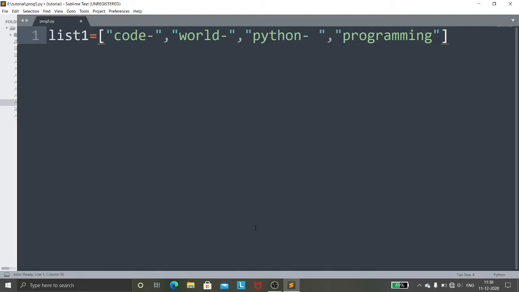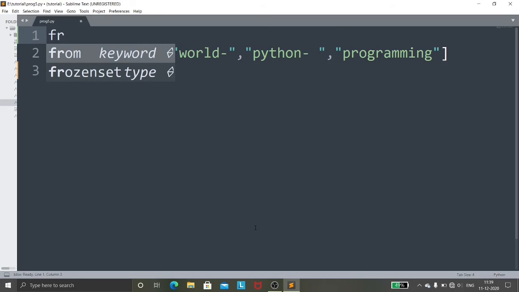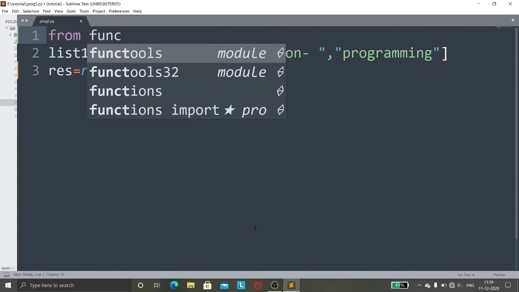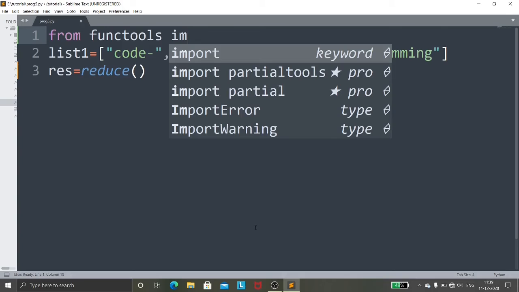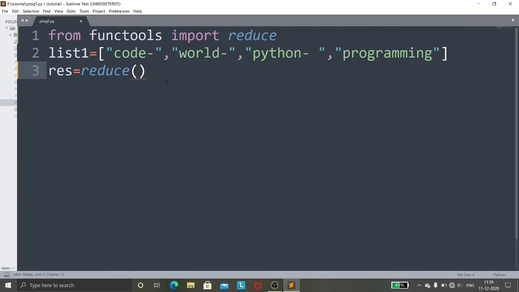Now I'll explain the reduce method in Python with one more example. See here, I take a list 1 with 4 strings, and now I will concatenate all the words by using this reduce method. See here that I take a variable result res and reduce. First we have to import the reduce method from the functools module, right? From functools import reduce, and first parameter is a function, so